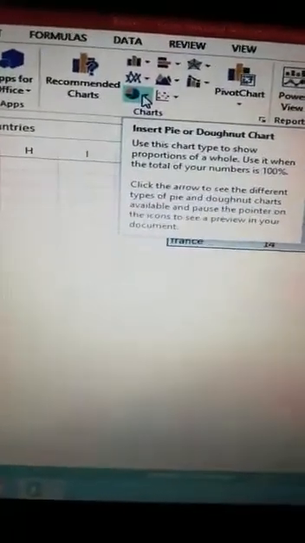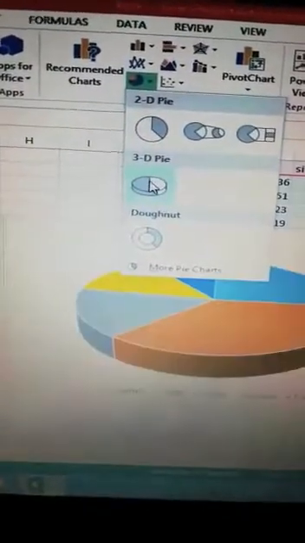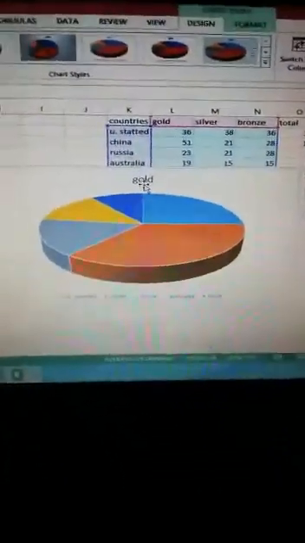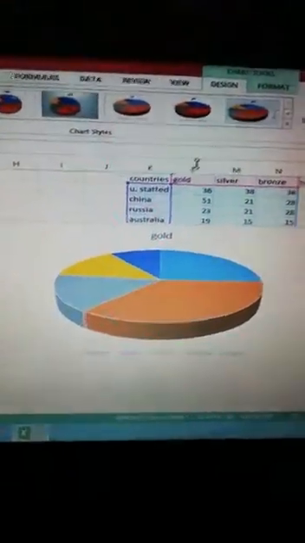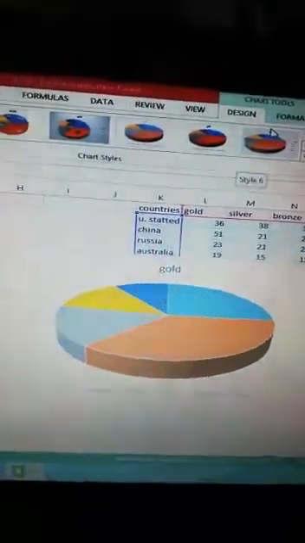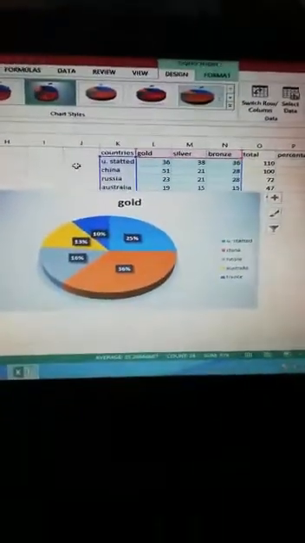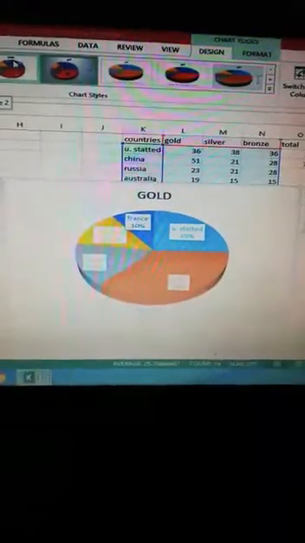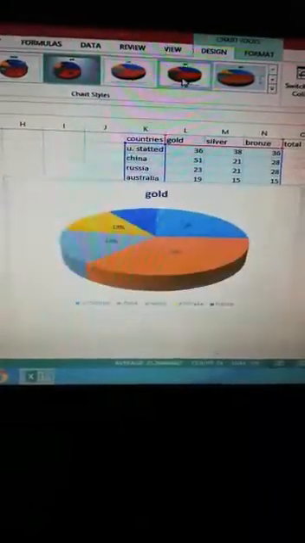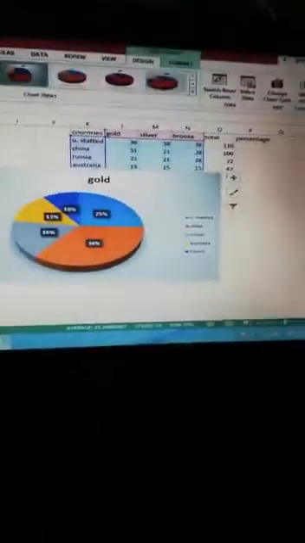Now let's see how we can make a pie chart. We just have to drag and select the data which we want to show in the chart. Then for inserting a chart, we go to the Insert option from the menu bar, then Chart. We need a pie chart. Look, this is the symbol for the pie chart. Click on it, and choose the type of pie I want.